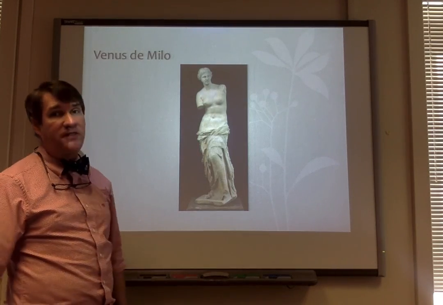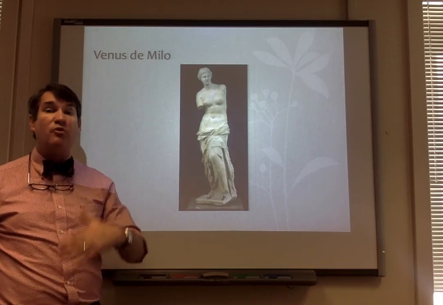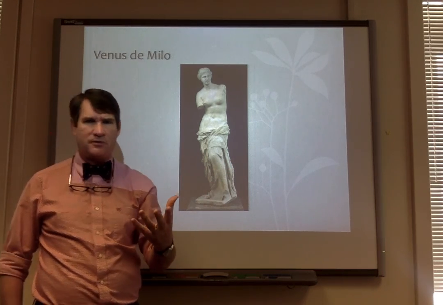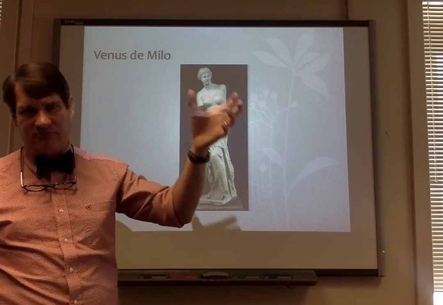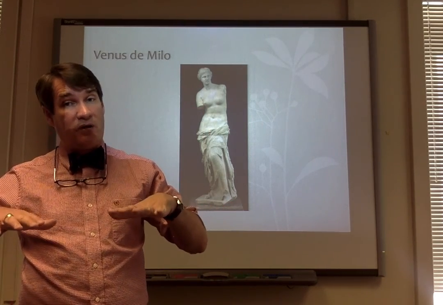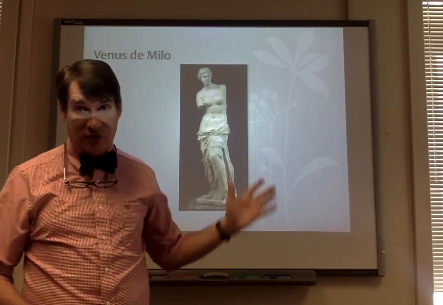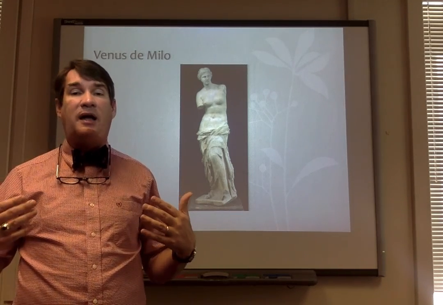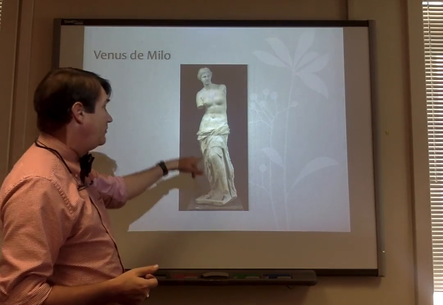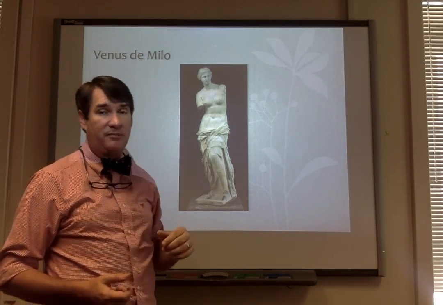This is another one. One of the things we see in the Hellenistic period as well is we move forward with the idea of female sculpture, right? We saw the Archaic sculpture of the Kore, and it was just there. This, however, we have more of a gender equality when we come to the females. And we have nudes, just like the males, and we also do it more realistically. We have an S-curve in the spine, we have movement, we have not necessarily all that emotion, but it is